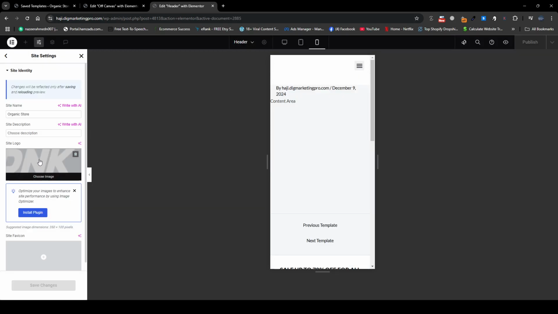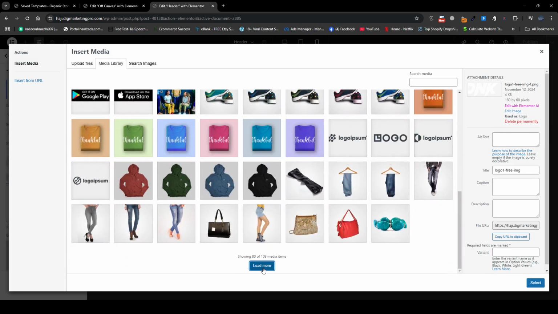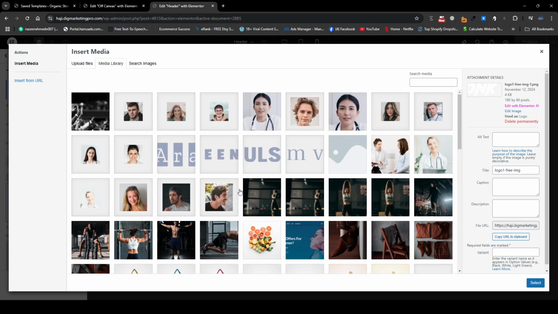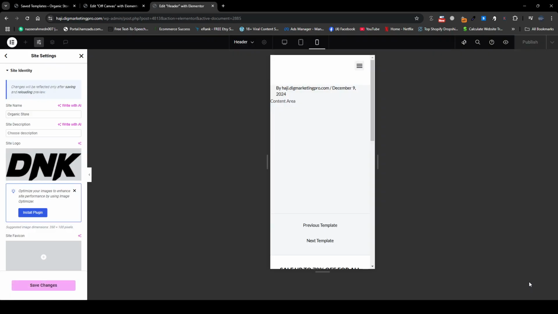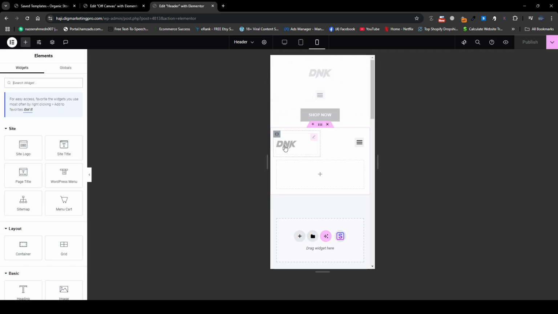Because we have a white background, let me choose the black one again. So here it is. Let me select it here again and let me click on save changes. Let me go back and here you can see my black logo here now.